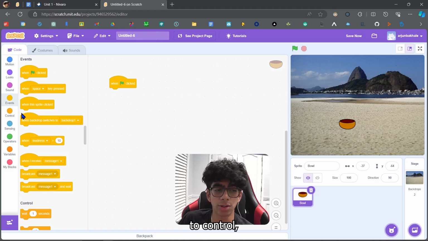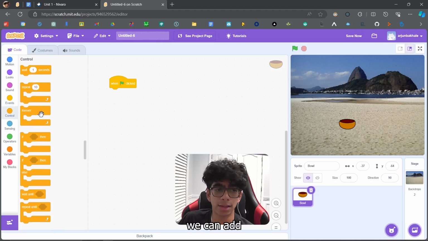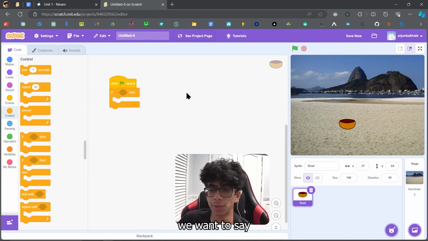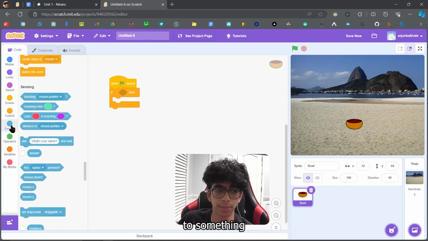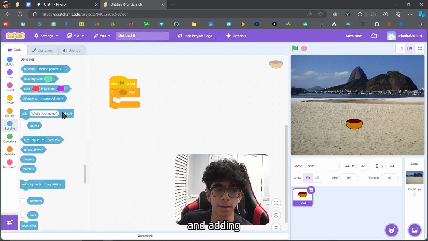So if we go to control, we can add an if statement. If something happens, then something happens. In this case, we want to say, if the right key is pressed, then the bowl will move to the right. We can do this by going to sensing and adding the key pressed